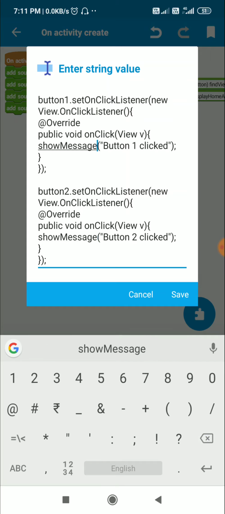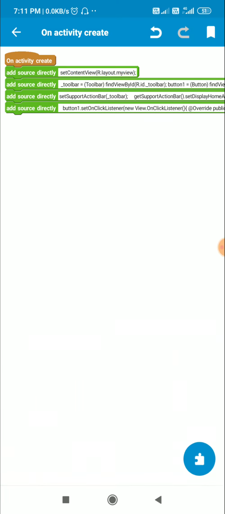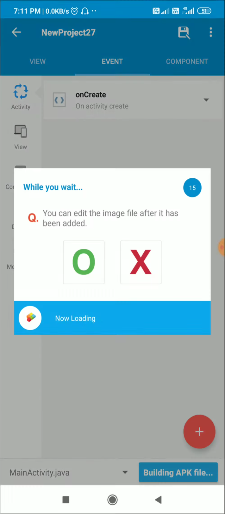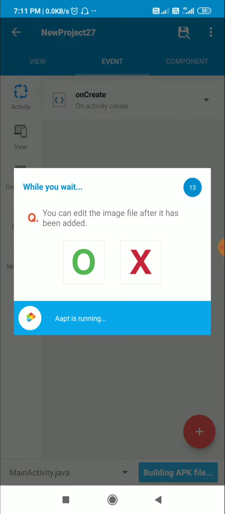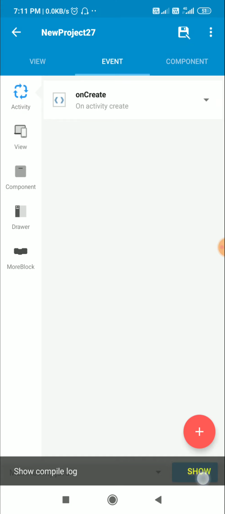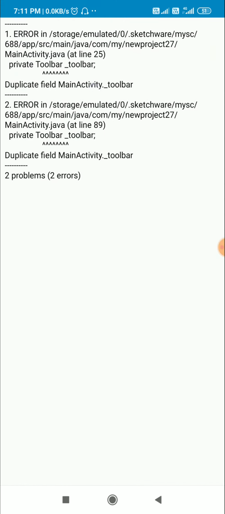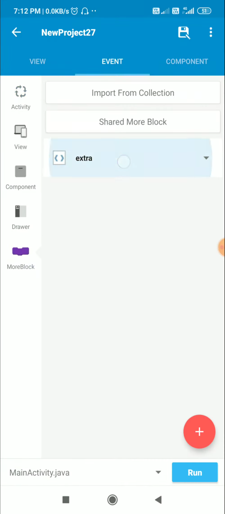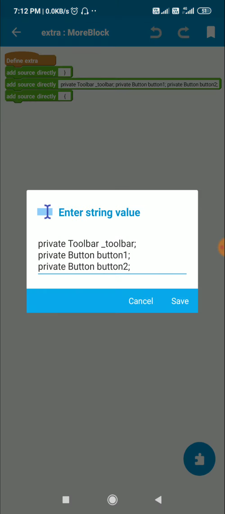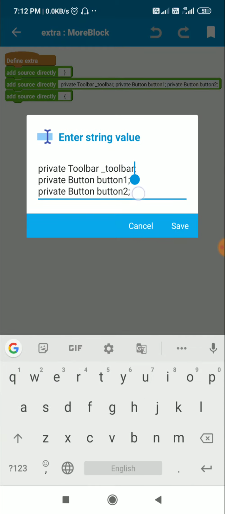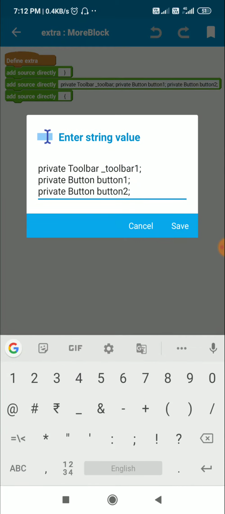Okay, now I will save this and let's check this. It contains this error, duplicate field _toolbar. So _toolbar is duplicate, so we have to change this name. We'll name it as _toolbar1.